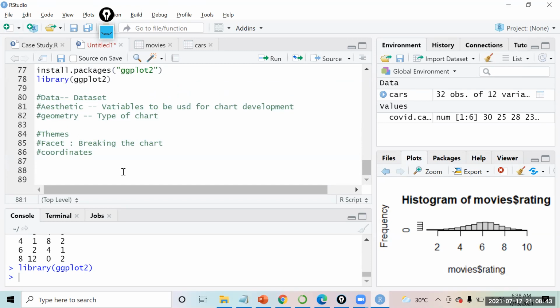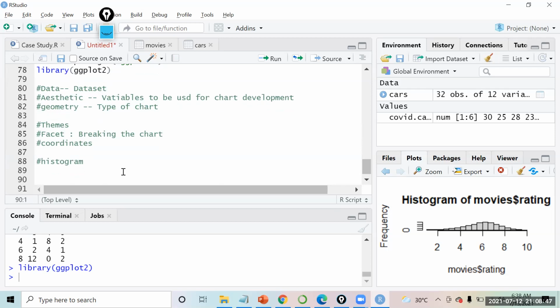So the first chart that we will create over here will be a histogram, right? Histogram is something that we have just created. This chart that you all see, the same chart we will now be creating with the help of the ggplot package. So how do we use the ggplot package? You will have a function ggplot. So first thing, data set. You have to provide data, which data you would like to use. I am using the data set that is movies, comma.